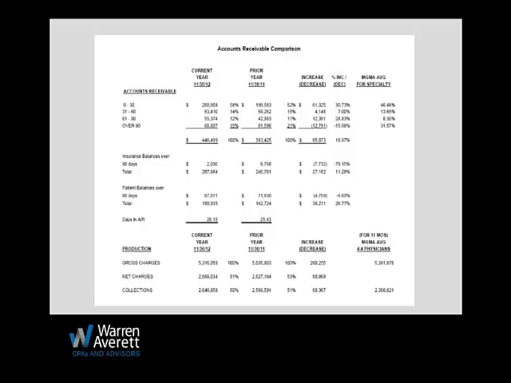The aging is beginning to age out quicker. We're getting bigger balances in some of our bigger buckets, and our later buckets are 31 to 60 or 60 to 90. Our overall total AR is also growing as a percentage year over year, and that's because patients are showing up with larger deductibles, larger copays that they aren't willing to pay. They have insurance. They know they have insurance. They're just not used to larger deductibles and larger copays.